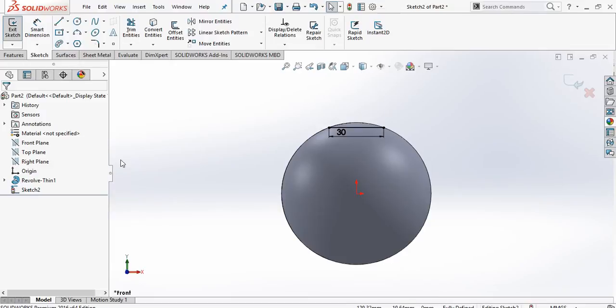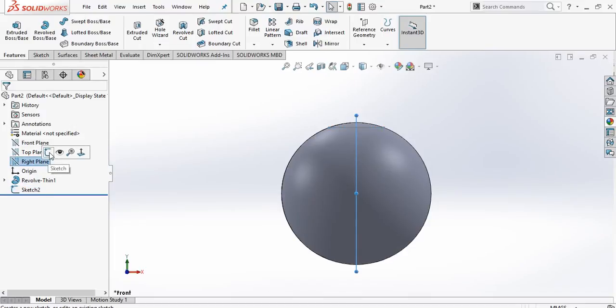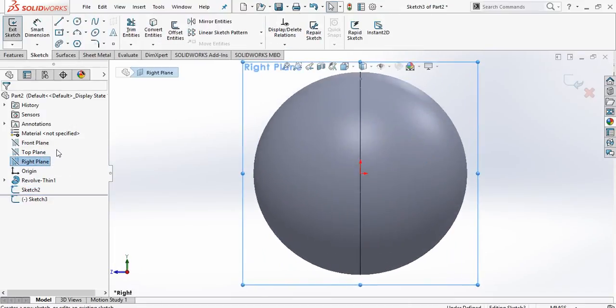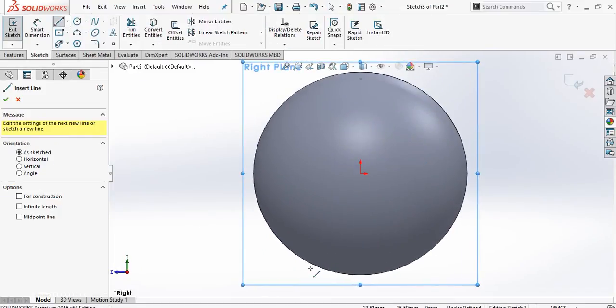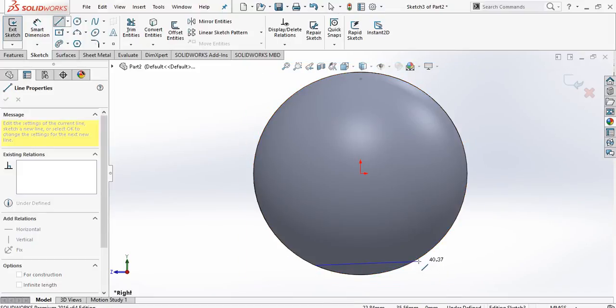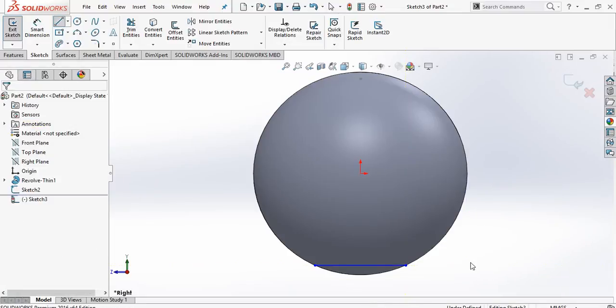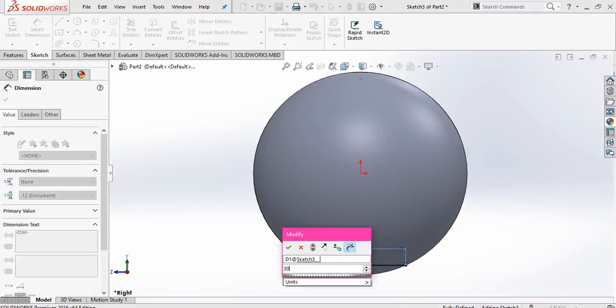Okay. Now repeat this step in right plane. Choose exit, choose right plane, go to sketch, Ctrl 8, normal, and here draw again a horizontal line. Okay, and the dimension of this line is the same, 30.